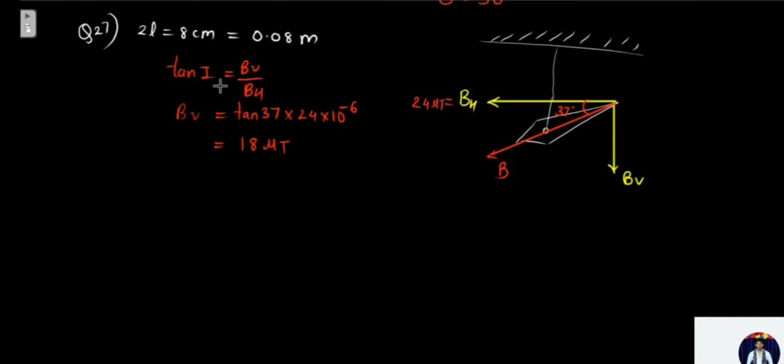Next, if the pole strength of the needle is 2 ampere meter, so 2 ampere meter is the pole strength given, what vertical force should be applied to an end so as to keep it in the horizontal direction? So if I want to keep this needle in the horizontal direction like this, along the horizontal direction, something like this, then how much force has to be applied?